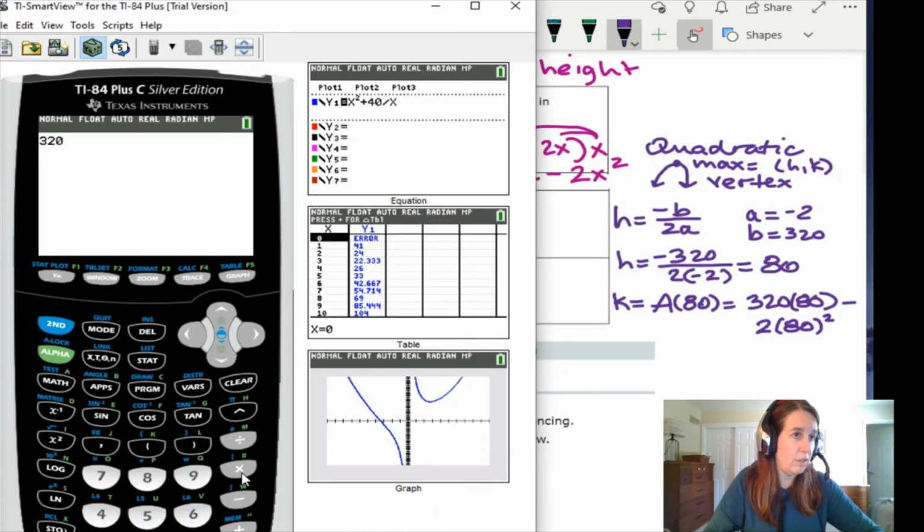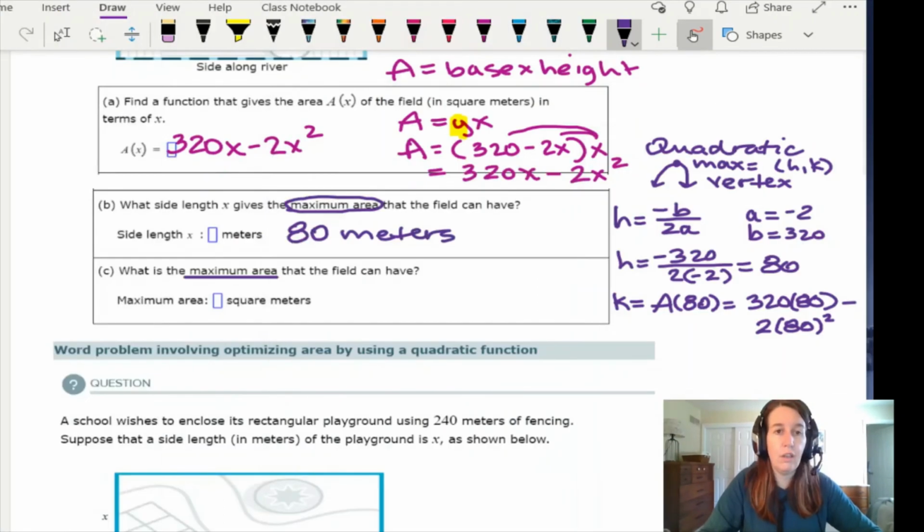320 times 80 minus 2 times 80 squared. Okay, so use your parentheses, use the squared button if you want to. Probably the easiest way to go, or it's 80 times 80. So I got 12,800. Let me get that calculator off the screen. Bye-bye, calculator. And we get